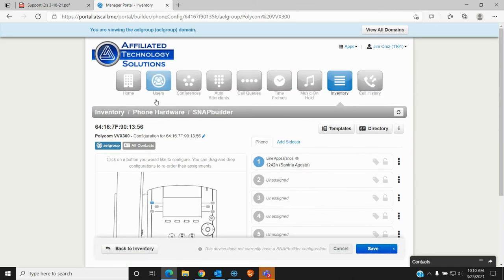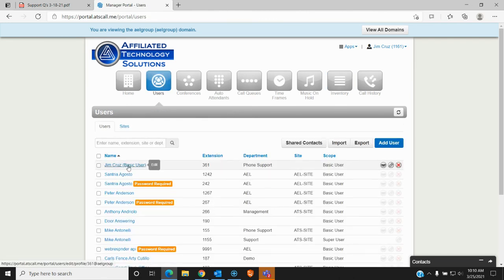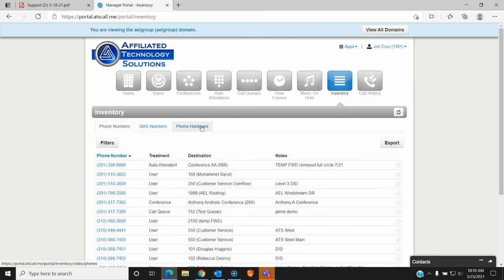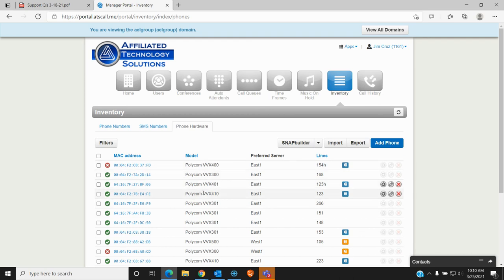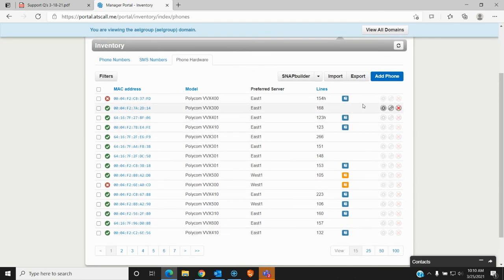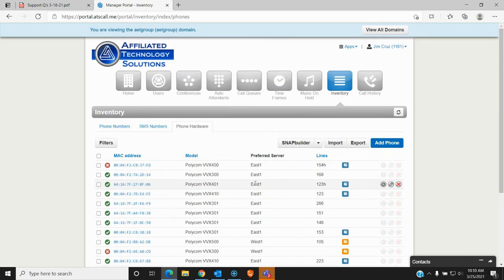And again, there's a couple different ways to get here. We got here initially through the user configuration, where you actually clicked on the user. You can also do it through your manager portal in the inventory configuration. So when you go into inventory and go into your phone hardware, here you're going to see the buttons are all listed here. And again, the Snap Builder option is available here. So you could do multiple devices if you